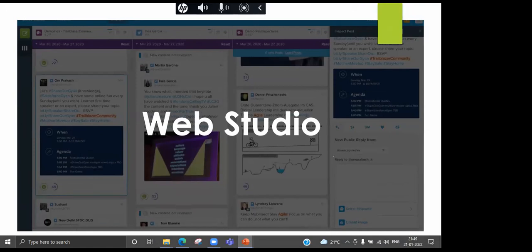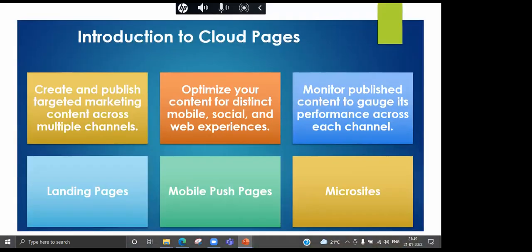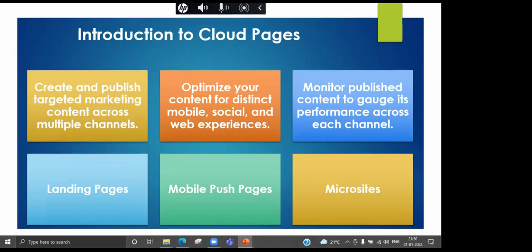Now, guys, we will see Web Studio. What is Web Studio? Web Studio is nothing but a way to create web related content. You can create small websites, two, three, four pages using Web Studio. You can create sign up forms, any type of forms you want. In Cloud Pages, we will see how to create cloud content which can render on a browser. All the browser rendering content is called Cloud Pages. A simple survey form or a small micro website or a landing page. So we will see how to create small websites, small landing pages, small survey forms using Cloud Pages.